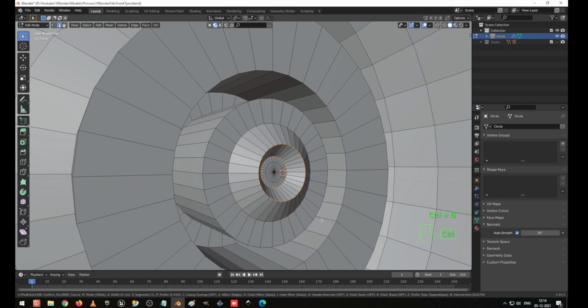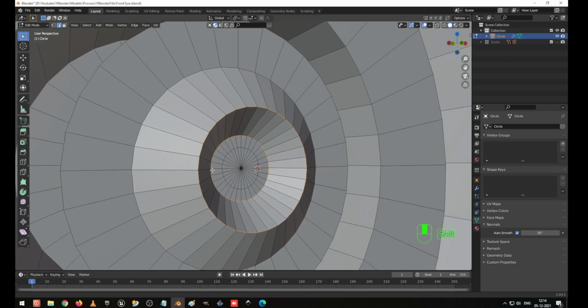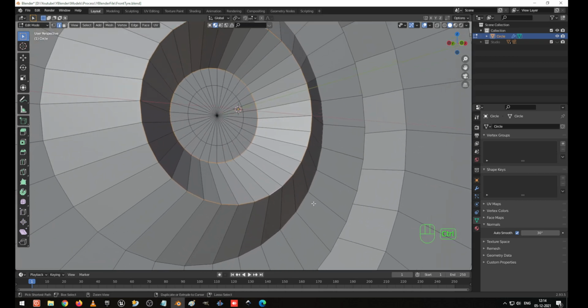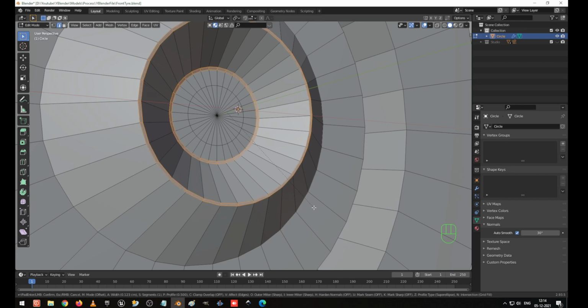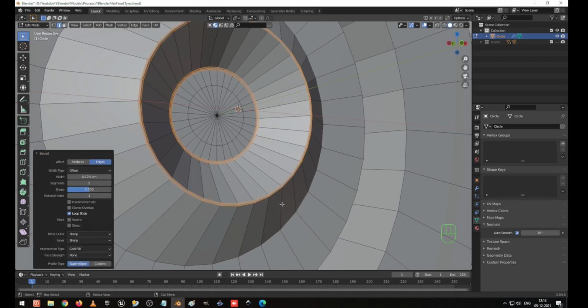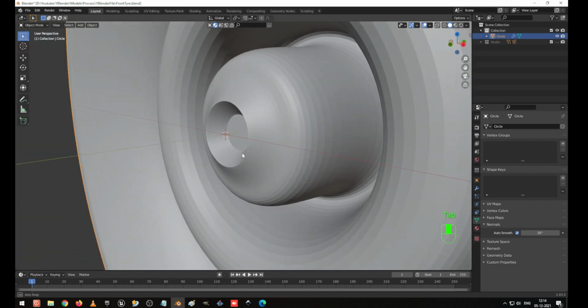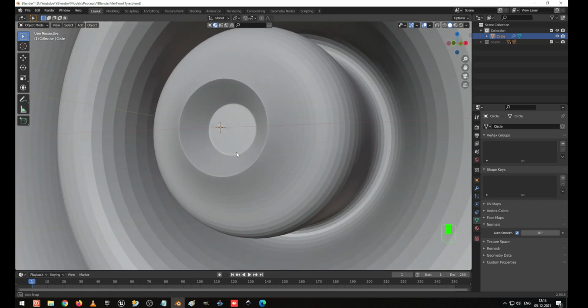and I press Ctrl B to bevel, and I create 2 edge loops. Let me zoom in and show you. Ctrl B to bevel. Now it is creating 2 flags, which is not required. We want one more in between. I increase it using the scroll key upwards. Now you can see this shape has come for us, which looks very nice.